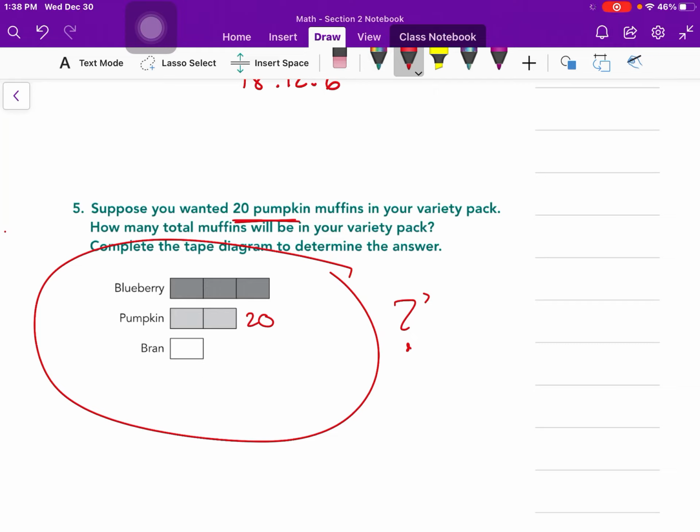But if there's 20 pumpkin, and I do know that every square has to have the same amount in it, I know that if I add 10 and 10, I get 20. So each square must have 10, 10, 10, 10. That gives us a total of 30 blueberry, 20 pumpkin, and 10 bran. If I add those up, 30 plus 20 plus 10, I get 60 total muffins,